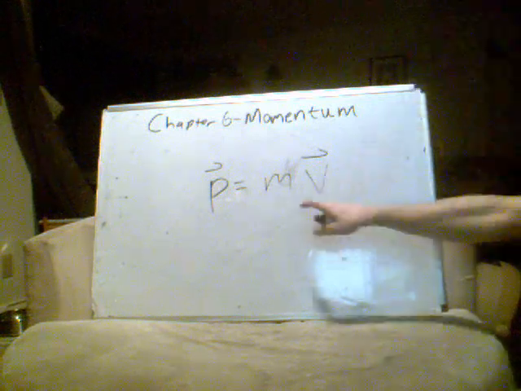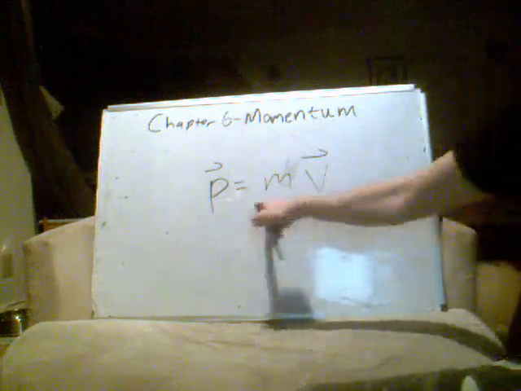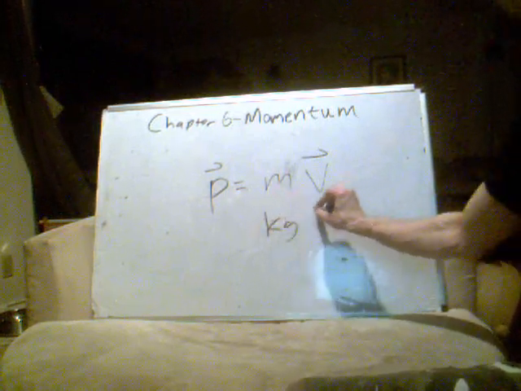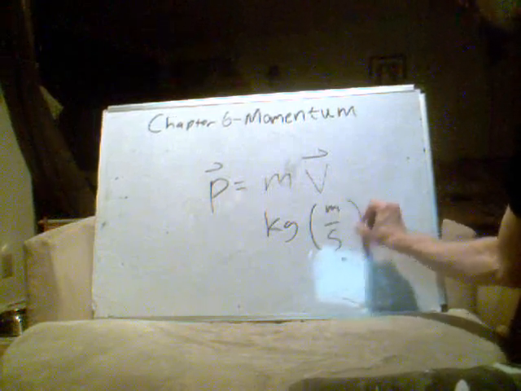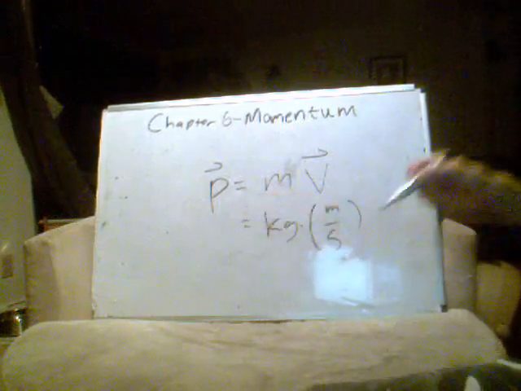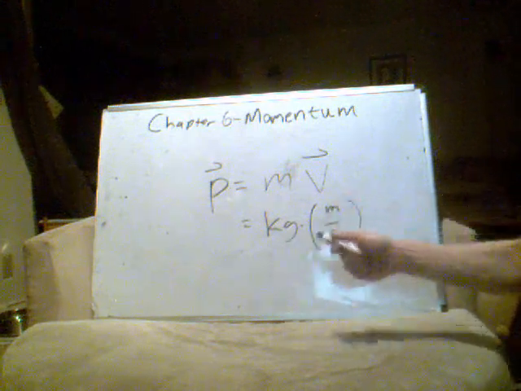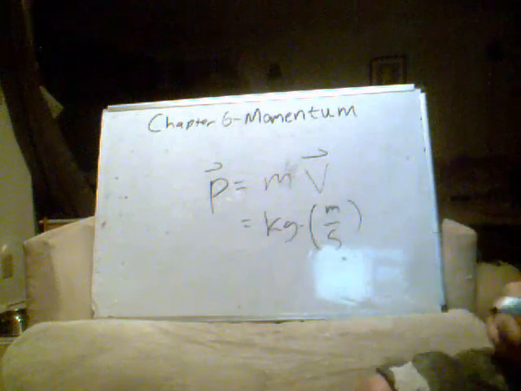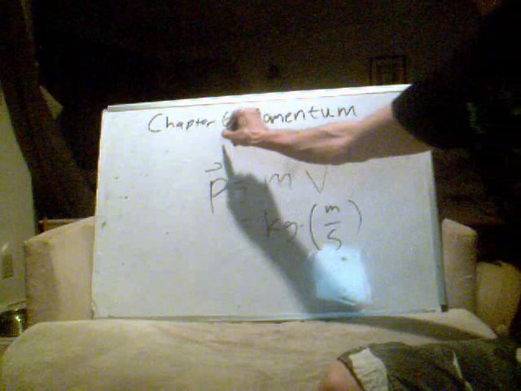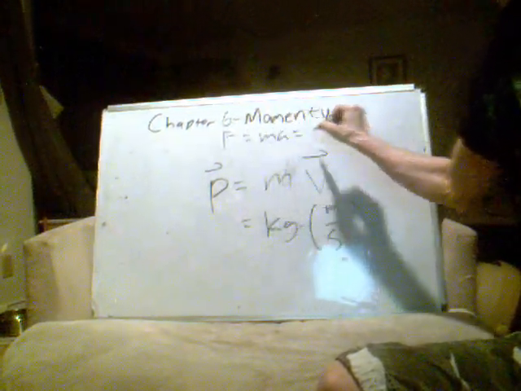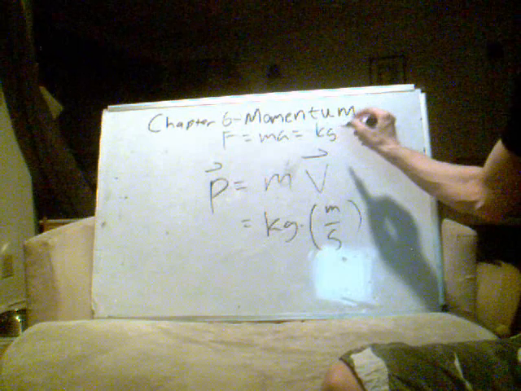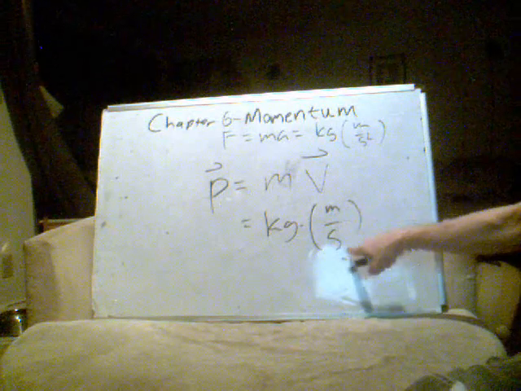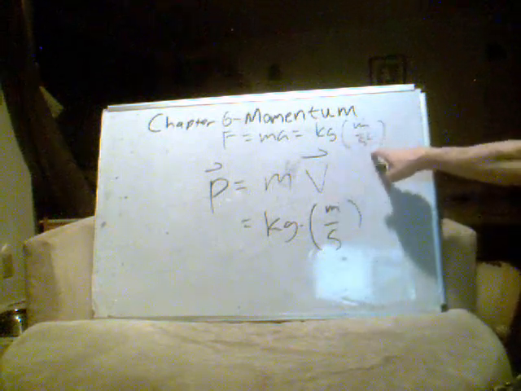Well, let's figure out what the units of momentum are, right? Okay, we got mass times velocity. The unit of mass is the kilogram. The SI unit for velocity is meters per second. So, the SI unit for momentum is kilograms times meters per second. What's the unit of force again? Well, if you remember, force equals mass times acceleration, so the unit mass is kilograms, the unit for acceleration is meters per second squared. So we got kilograms times meters per second for momentum, we got kilograms times meters per second